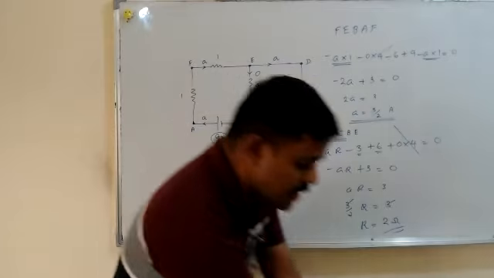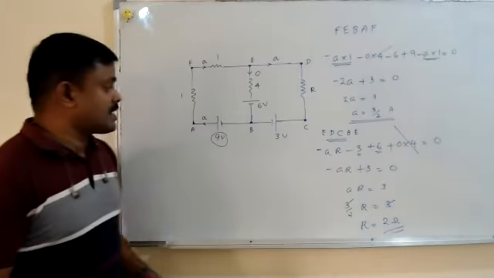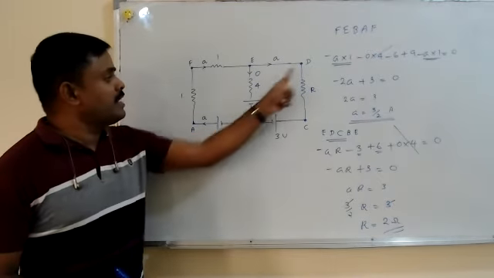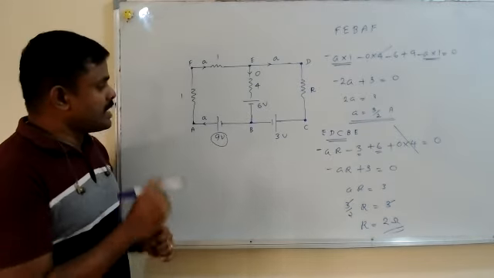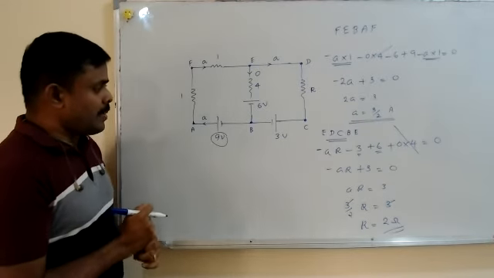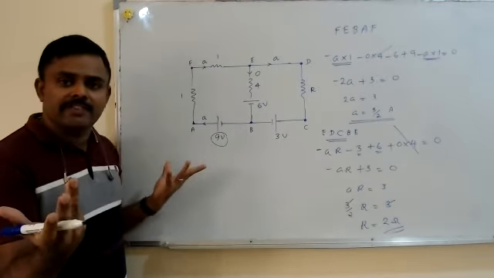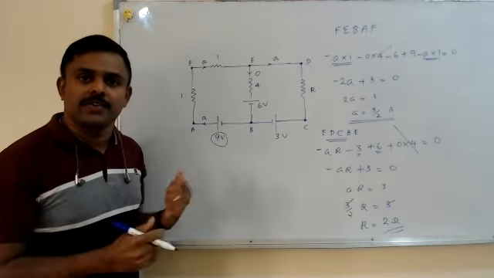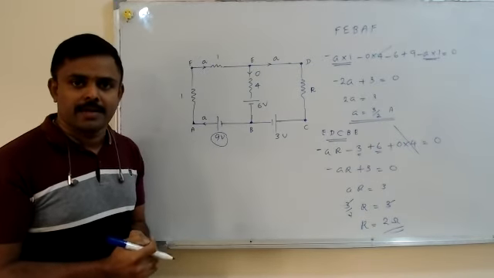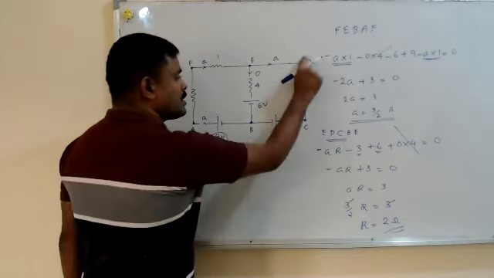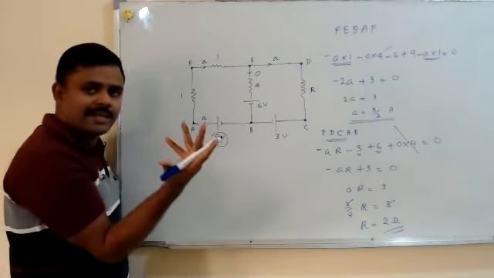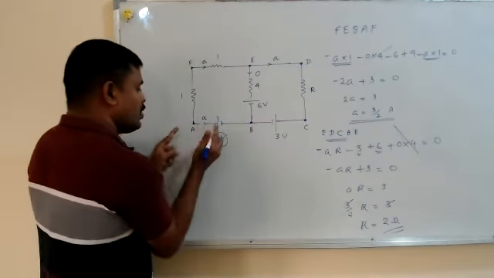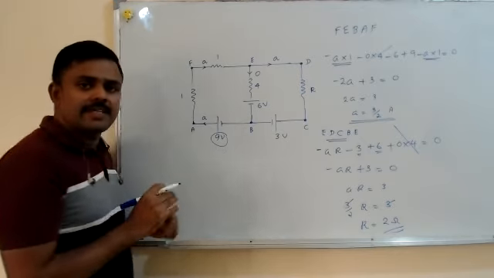Now the second part is you have to find the potential difference, right? You have to find the PD between A and D. I'll tell you how to do this. I can take whichever path I want. I can apply Kirchhoff's voltage rule to paths. I can take this path, or this path, or this path. No, I'm going to walk along this. Whichever path you take, you will have the same answer.